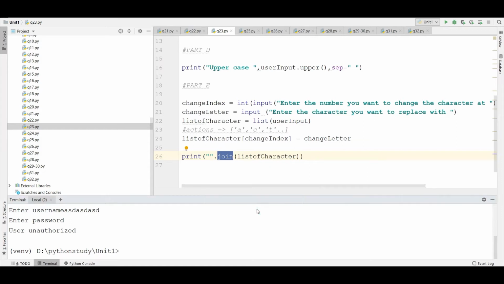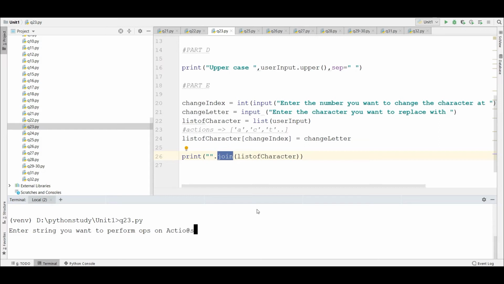Now let's see this entire program with all the parts in action. Question number 23.py. Enter a string you want to perform operations on. Suppose I have taken Action@s, so I have included a special character.